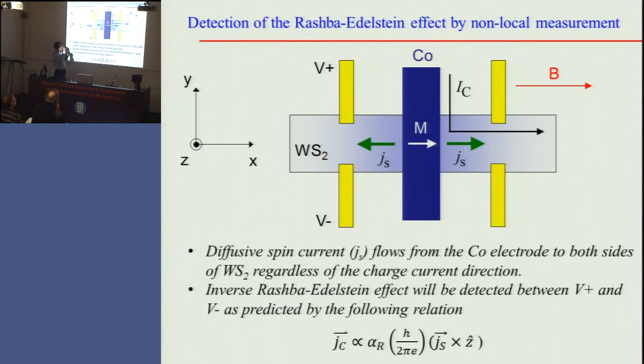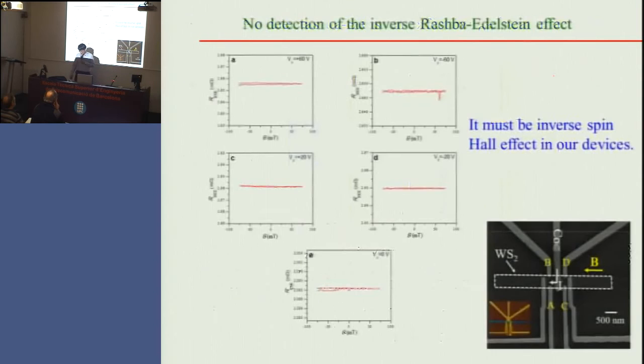To observe the Rashba-Edelstein effect, magnetization has to be aligned that way, and if you inject the current, you could have a voltage drop across these things, like this. If you measure some voltage drop from those tools, you could claim you observe the Rashba-Edelstein effect. But in a real experiment, I do not see such an effect at all.